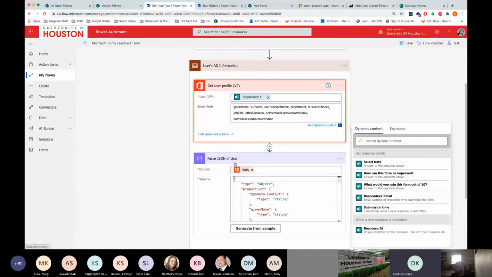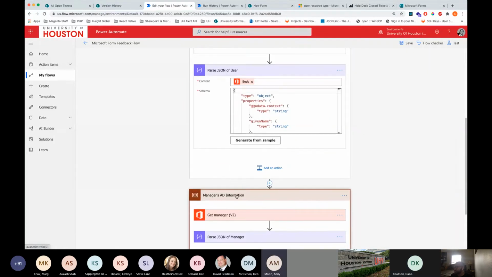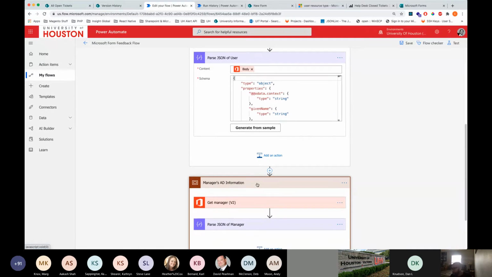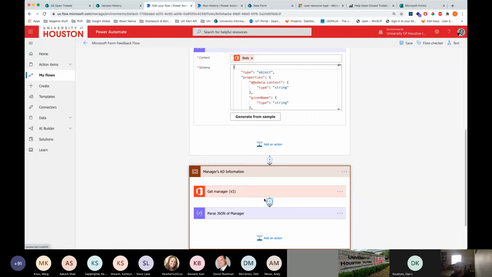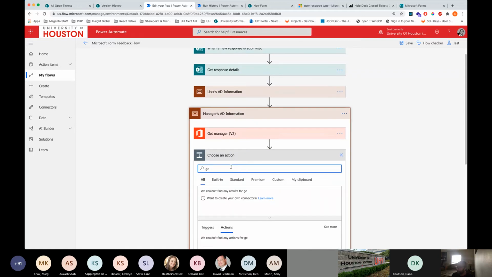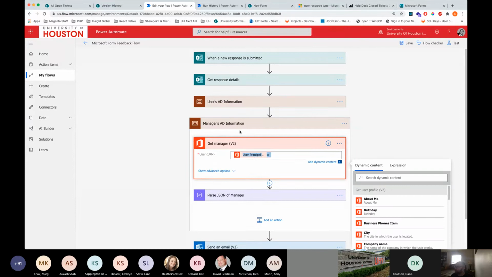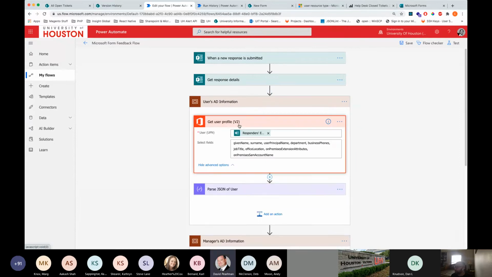And then we have this parse the get user information. And then we get the manager's Active Directory information. This is a scope. This is just the name of the scope. This is an actual field that could be found within Flow. So just for an example, manager, it's right there. I'm going to close this, and then based upon the user principal, which is the person here,